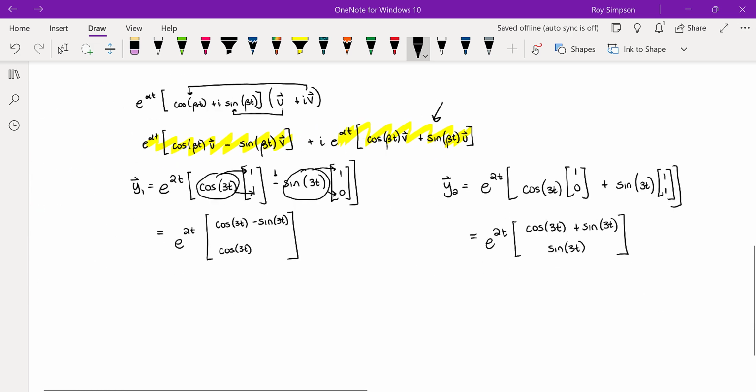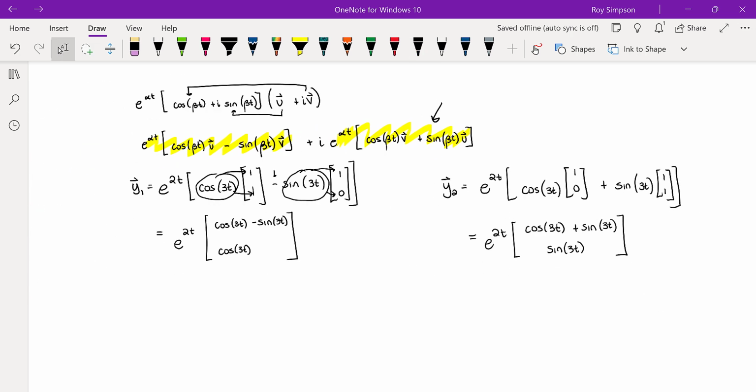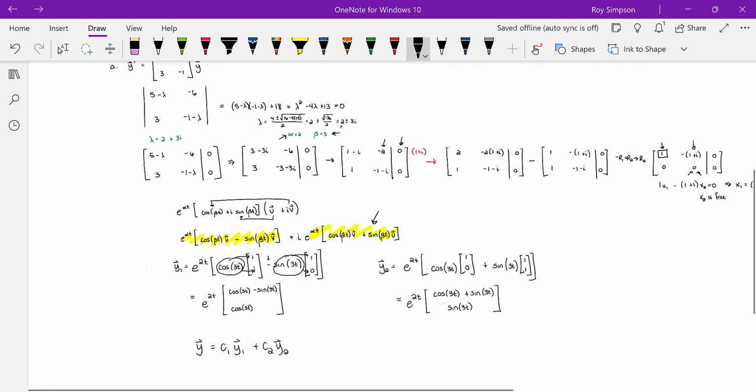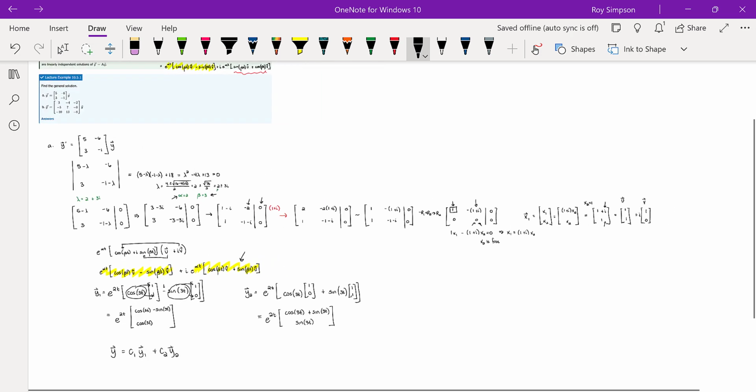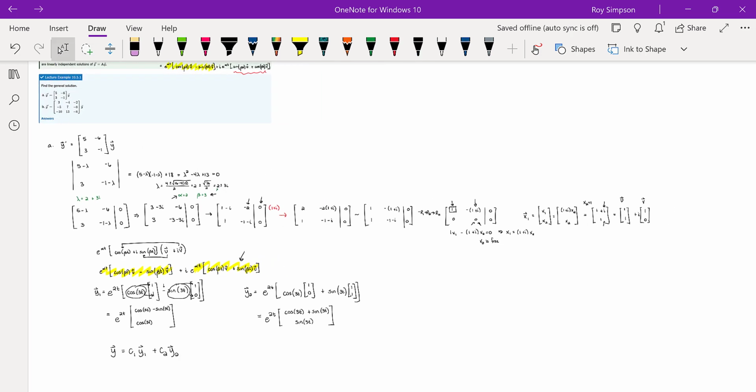There we go. Those are our two linearly independent solutions. They form a fundamental set of solutions for our solution space. That is, any solution is written as a linear combination of y sub 1 and y sub 2. Very nice. I know that it seems pretty complex, pun intended, but it's actually not too bad until you get